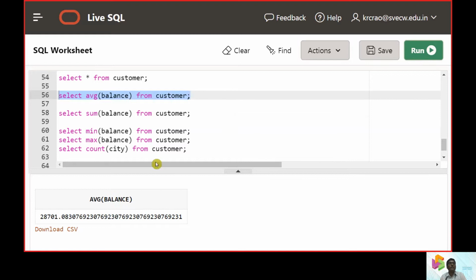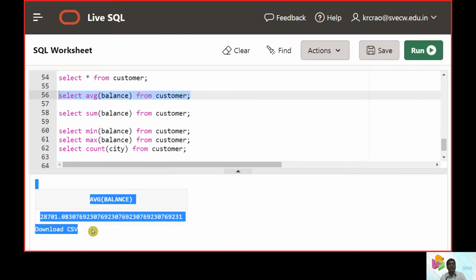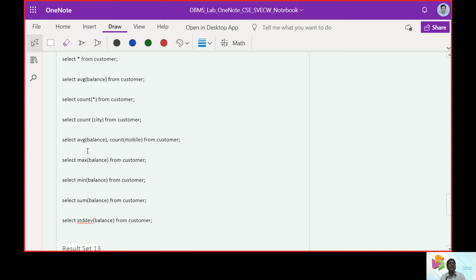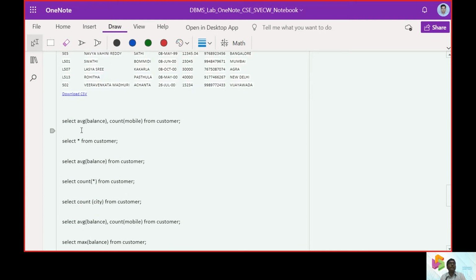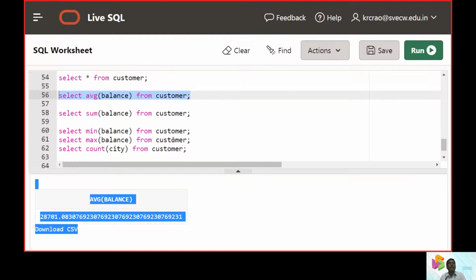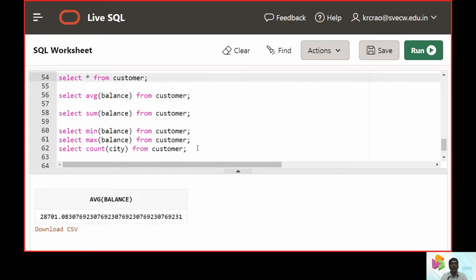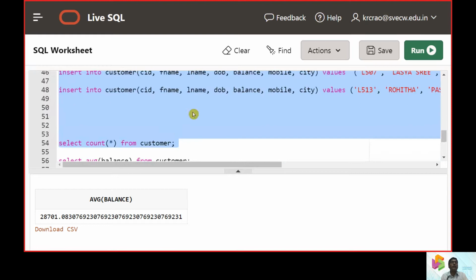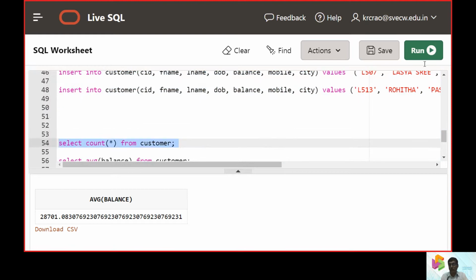In this way, whatever we intend to find, those intentions can be looked up with the values. The best practice is that when we hit this query, we get the answer right there, a quick response and quick understanding. For the count of customers, it gives the total number of records in the customers.